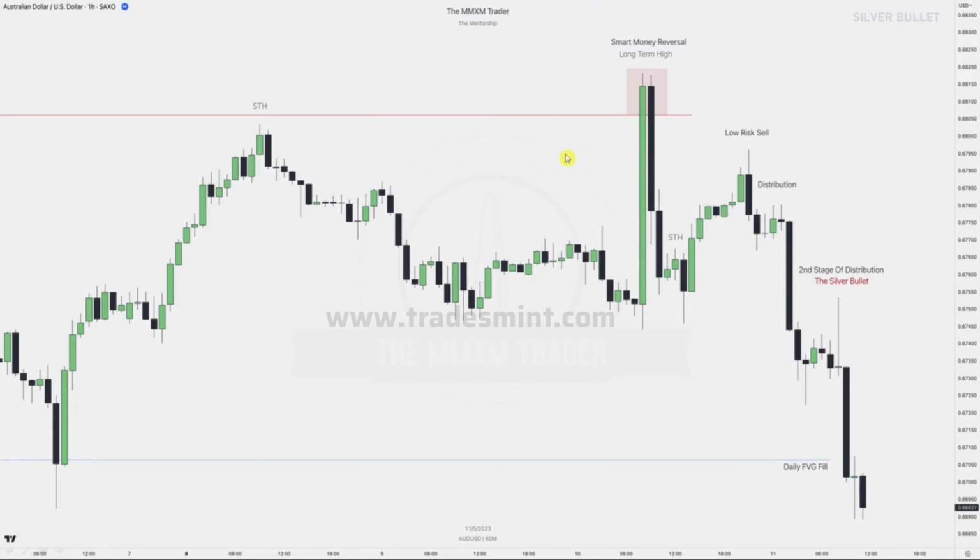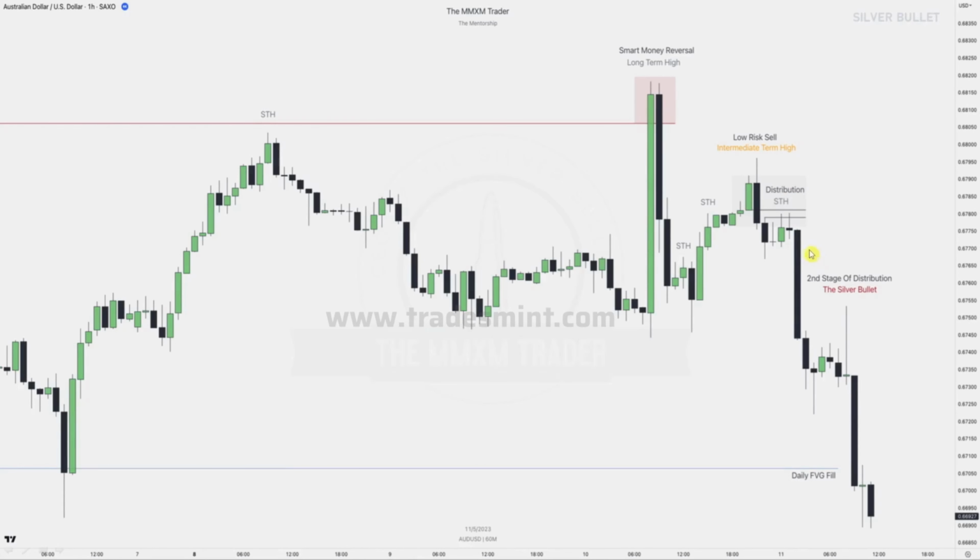Now let's look at the different highs. We have a short-term high here, long-term high here, short-term high to the right of it. Now we need to wait for that intermediate term high, which is forming above over here, and now we need a short-term high to the right of it, which is over here. And this is what it looks like, that intermediate term high, which is also the low risk sell in this occasion. So we don't get in over here because we're waiting for that short-term high to be formed, which is over here, and then price drops down lower, and now the silver bullet is activated in the second